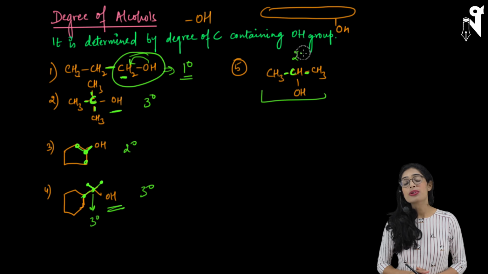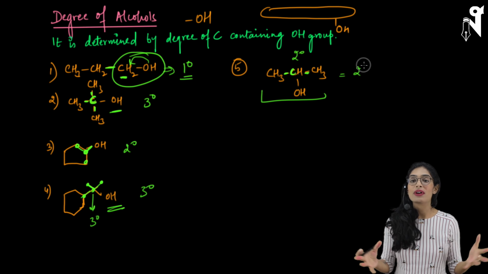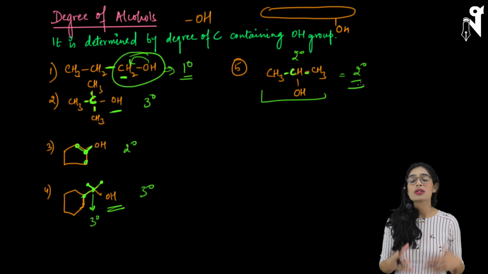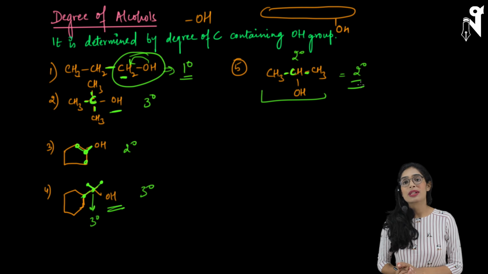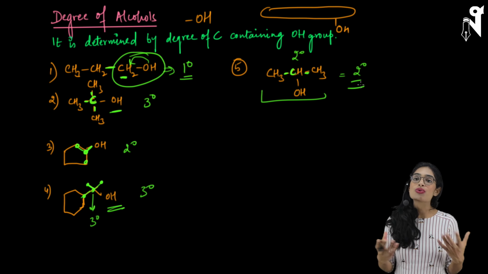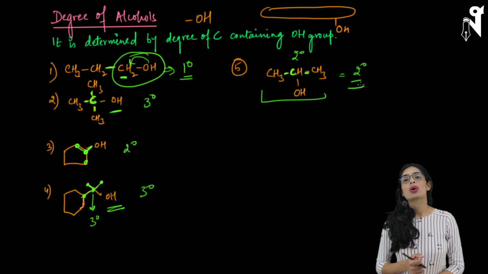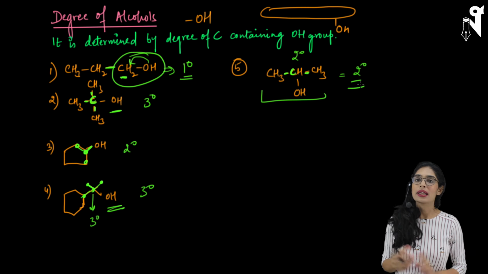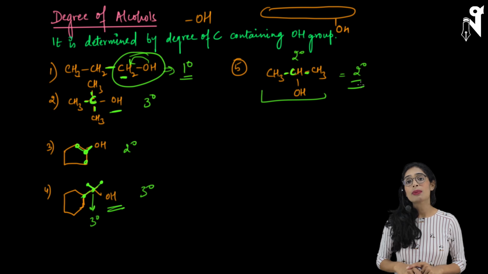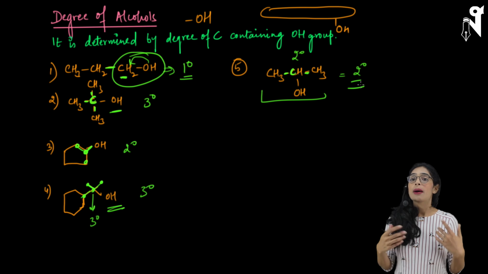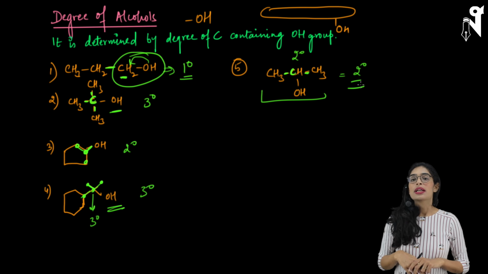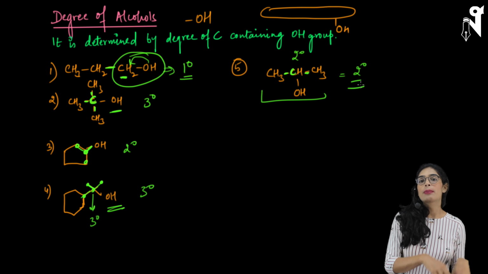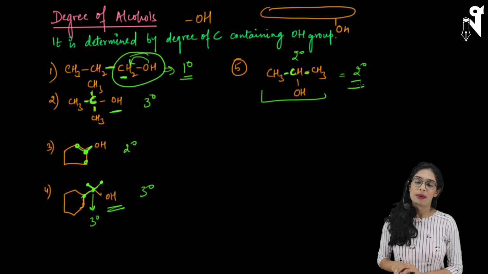That's how we figure out the degree of alcohols. I hope you would have understood. I'm going a little faster now because you have done certain questions in all the previous things. So I'm expecting that by now you would have understood how to figure out the degree of the carbon, and hence that will be the degree of the alcohol or haloalkane or alkyl halide also. Next, we'll be talking about the degree of amines and degree of unsaturation, but that will be in the next video. In the next video, we'll be talking about degree of amines, degree of unsaturation, and many more things.